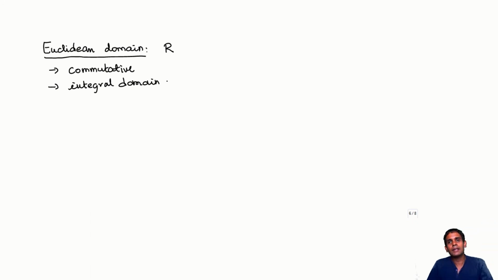So this means that the product of two non-zero elements of R is again non-zero. And the third property is that there is a size function. So it comes with a size function